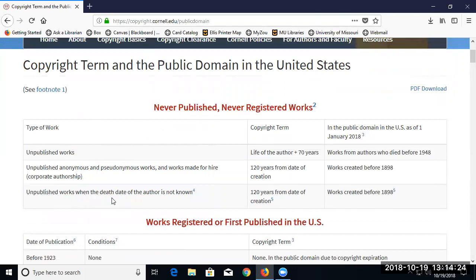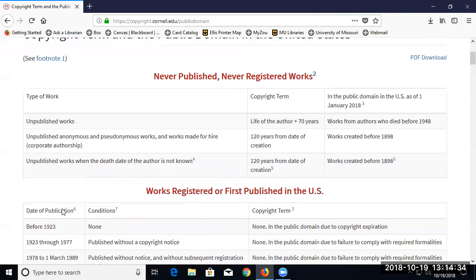The idea is the creator or the author hasn't had the opportunity to make this available to the public yet. They should really get the first shot at doing that. So it's more protected than things that have actually been published.